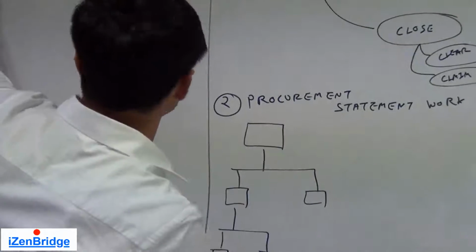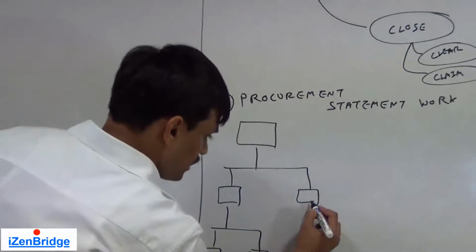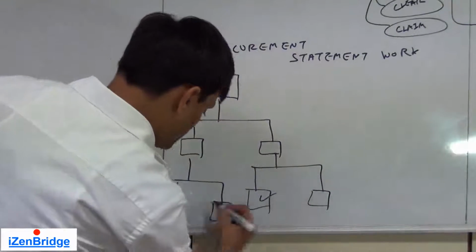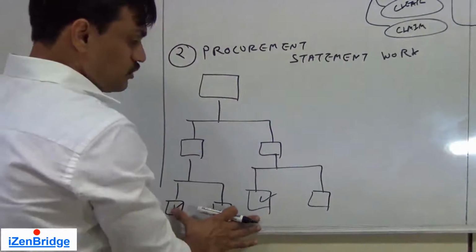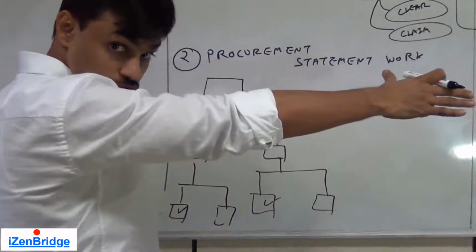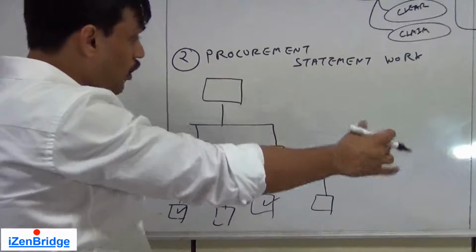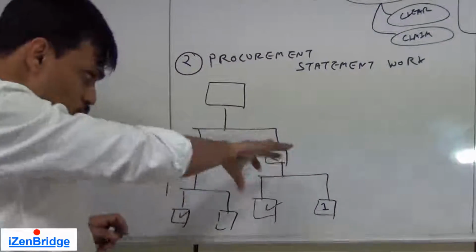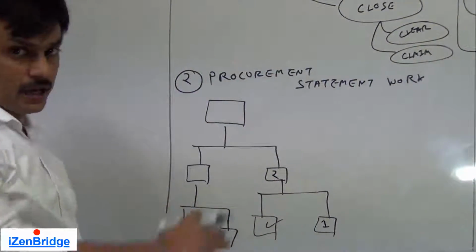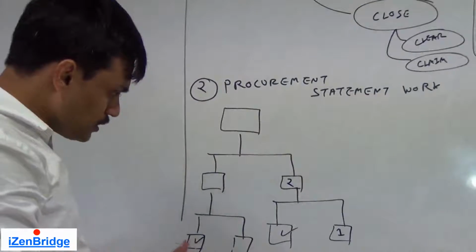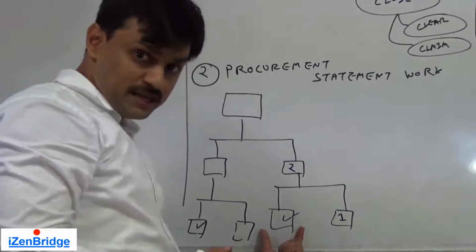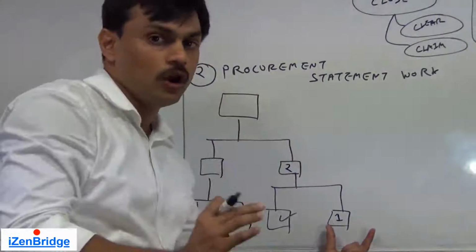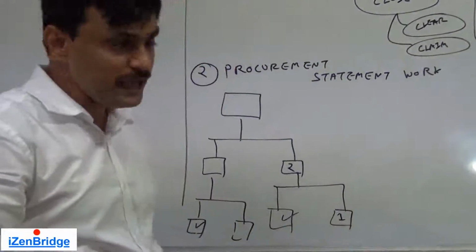So you may analyze your work breakdown structure while applying this tool and technique, while doing make or buy decisions, and out of this make or buy decision you found out that okay, these are the 2 WBS elements which need to be outsourced or procured from outside, or for completing this particular WBS element I also need support from a supplier or from outside. So it is possible that you may outsource the complete WBS, or it is also possible that in a given WBS you identify a role for another party to play.